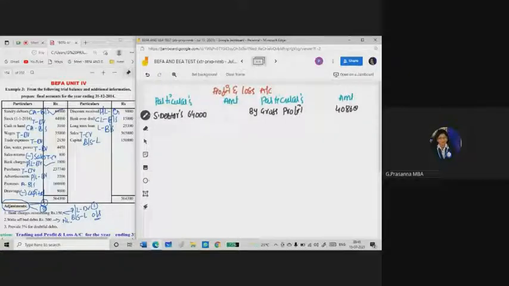Okay, 64,000. So in this question you can see he is saying to write off bad debts rupees 500. So he has given bad debts rupees 500 here, and he's saying provide 5% for doubtful debts. So what you have to do is calculate 5% for doubtful debts. So here you need to do some working. I will explain how to do it here. So I'm calculating 5% for doubtful debts now.